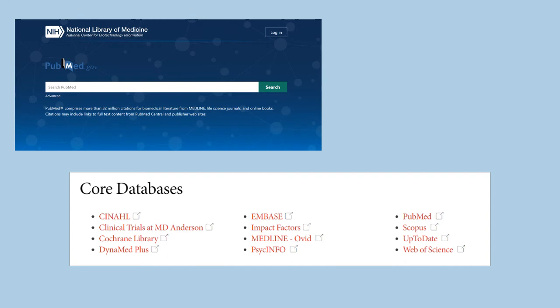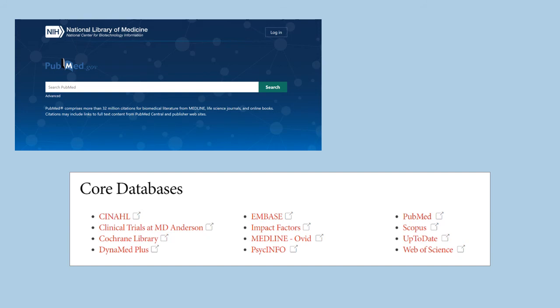You're probably already familiar with PubMed, the most frequently used biomedical and health sciences database in the world. PubMed is a great place to begin a search because it is multidisciplinary and has a very user-friendly search interface that feels a lot like searching Google. Type one or two keywords in the search box, and PubMed automatically matches your terms to medical subject headings and related synonyms. PubMed covers all kinds of biomedical and health sciences literature.